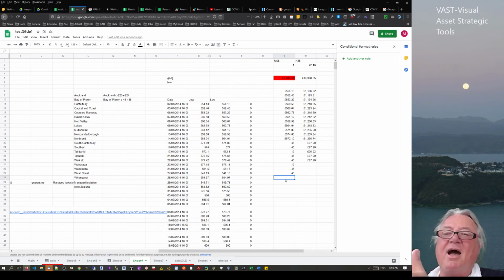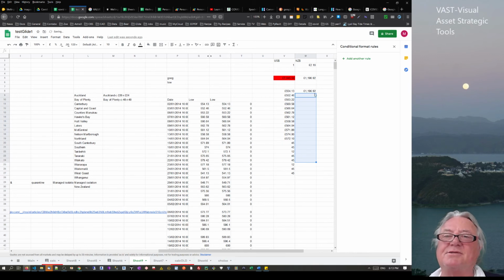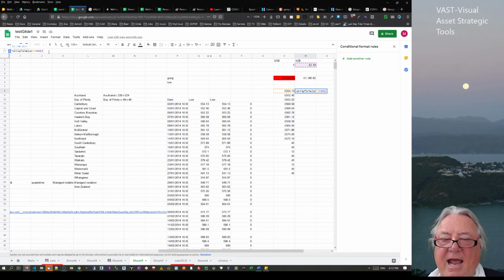Like in GlideApp, I bring in another row, a bit of information. This isn't coming through. Now, how do I do that? How do I make that happen? Well, what I can actually do, I'm going to delete all of these, and I'm going to make this an array formula. Then I'm going to open brackets and close brackets,